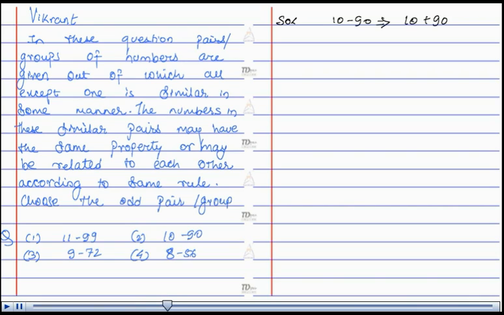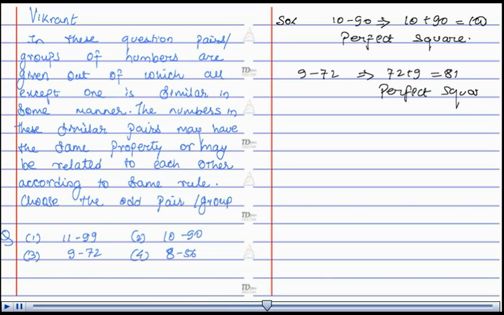90, gives you 100, which is a perfect square. Similarly, if you look at the pair 9 and 72, we'll observe that 72 plus 9 gives you 81, that is again a perfect square. If you look at the pair 8 and 56, it gives you 56 plus 8, that is 64, that is again a